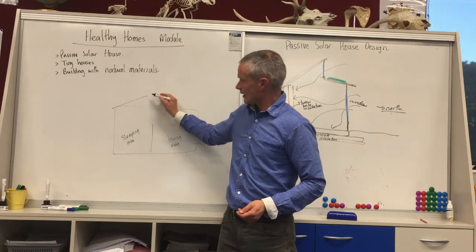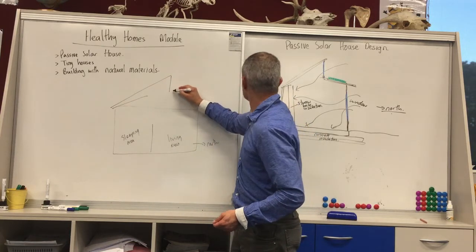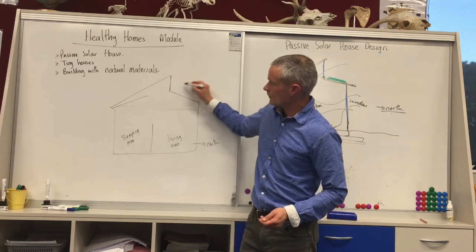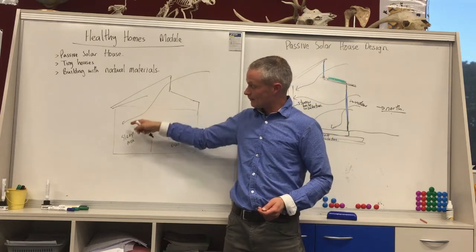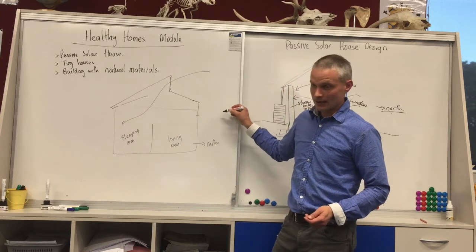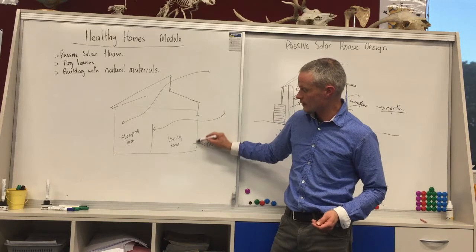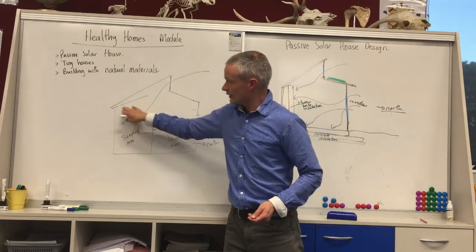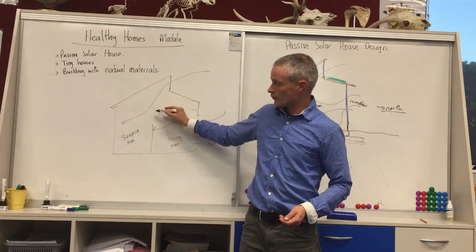By having a roof design with a window up the top, it allows the sunlight to reach back into those living areas further back in your house that wouldn't normally be receiving sunlight, because the sunlight coming through the front windows would hit the wall in between those 2 spaces. But by leaving the ceiling space open and not having the walls go all the way up to the ceiling,